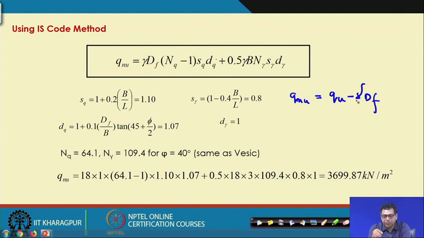Because if you multiply that, there will be only a very slight difference, say 1 or 2 or 5-10 kPa, but I will recommend that you use it this way. But the IS code has already recommended using this form, so that is why we will use this way in the case of the IS code only, and in other cases we will use the other form. So, in the IS code also, if I put this value, this will give you this value.